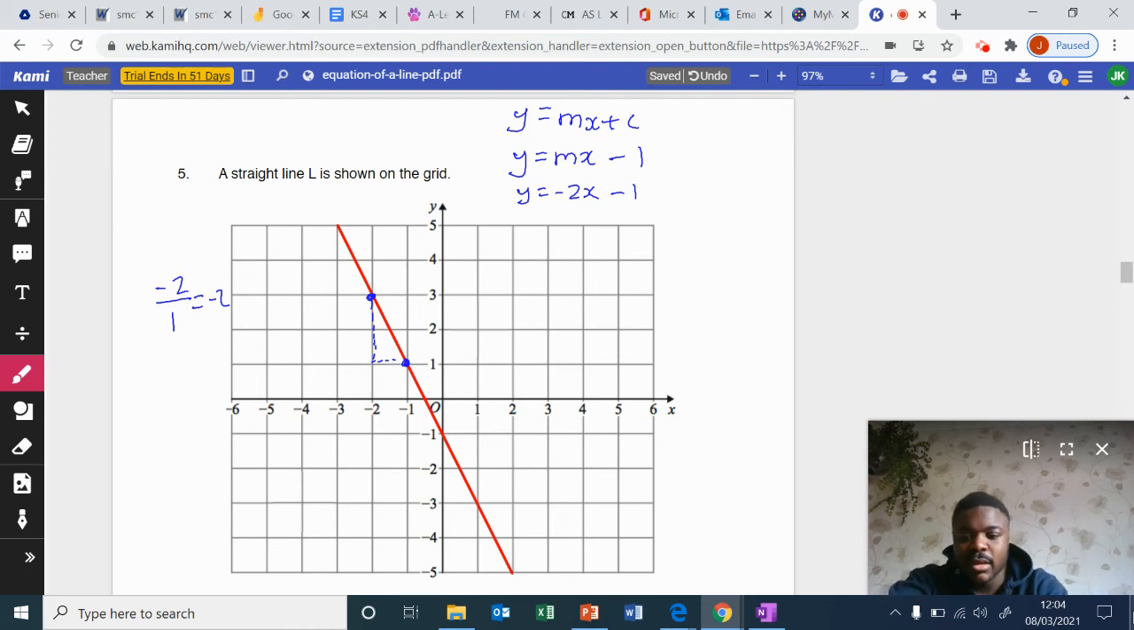Next, we're going to look at some other types of questions where we're asked to work out the equations of straight lines, but